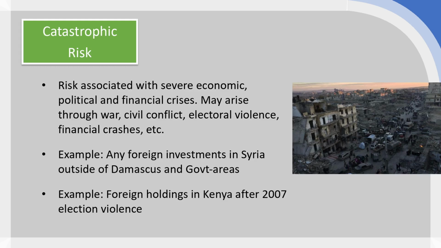A good example of this over the last 5 or 6 years would be the relatively small but still significant foreign investments in Syria. Foreign investments in Syria, which are located primarily or exclusively in Damascus, the capital, which has maintained the previous government, or the current government, I guess, of Syria by Bashar al-Assad, has maintained control. Those foreign investments are relatively stable, but any investments outside of Damascus in Homs or other areas of Syria were either devastated through active bombings or destroyed, or rendered inoperable.